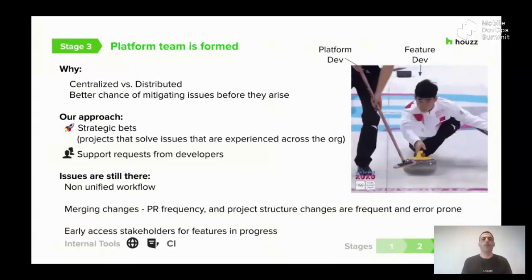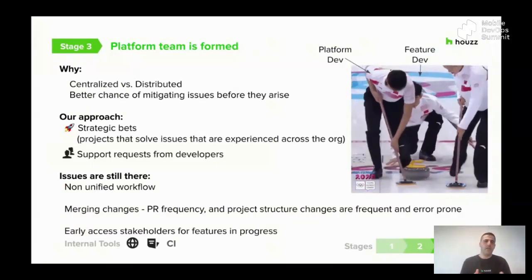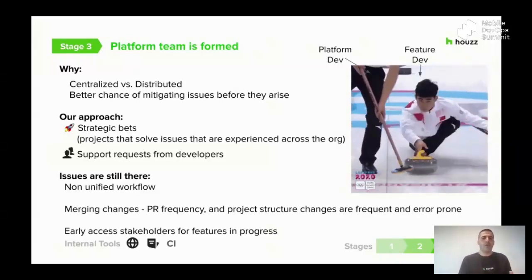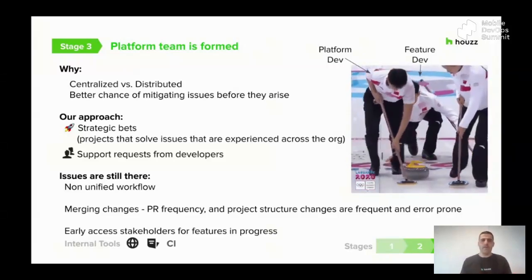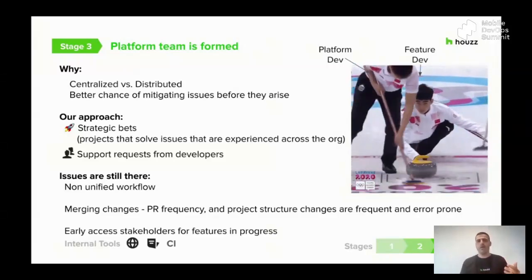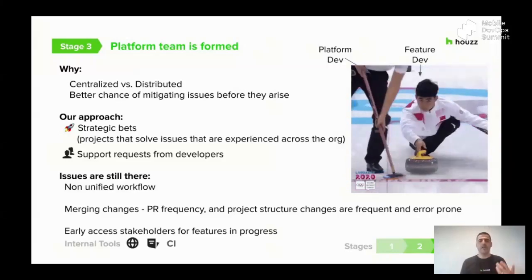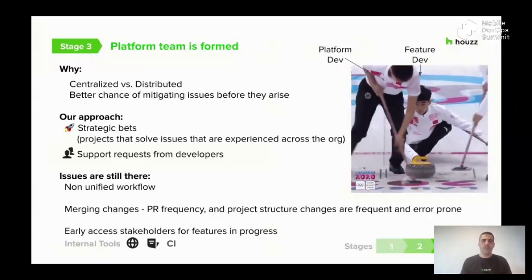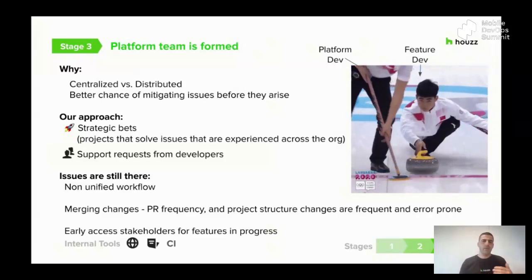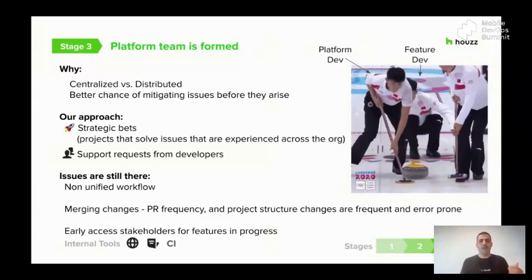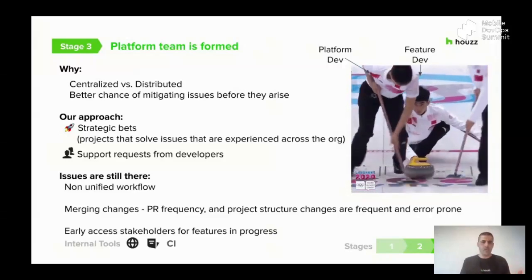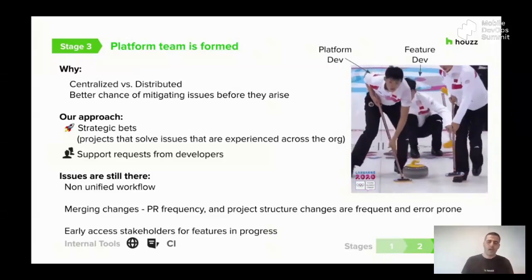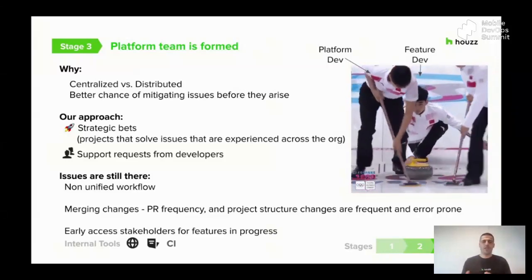But more importantly, why? If we talk about stages 1 and 2, in that model, it meant that all our internal tools were developed in a distributed way. As you accumulate more and more tools that are unique to your company, even transferring them between developers or making sure you're able to prioritize them alongside feature development can become an issue in itself. Therefore, we saw some benefits in moving to a centralized way of doing things versus a distributed one.